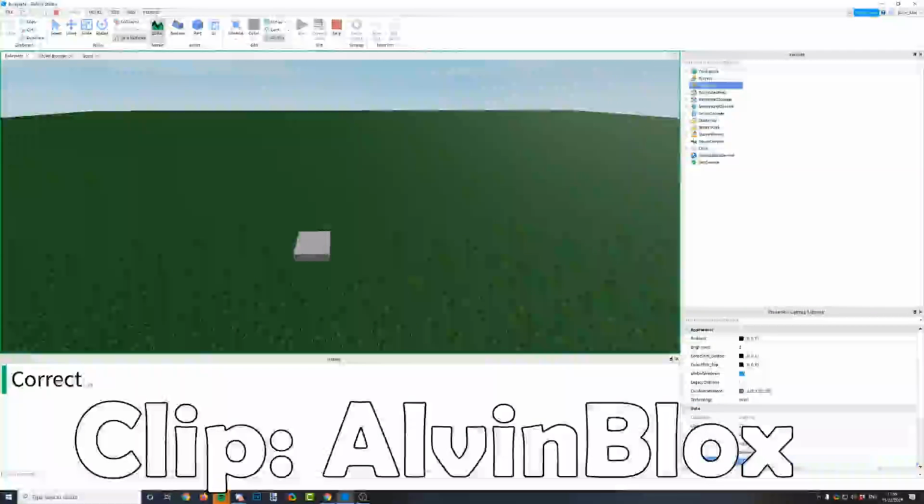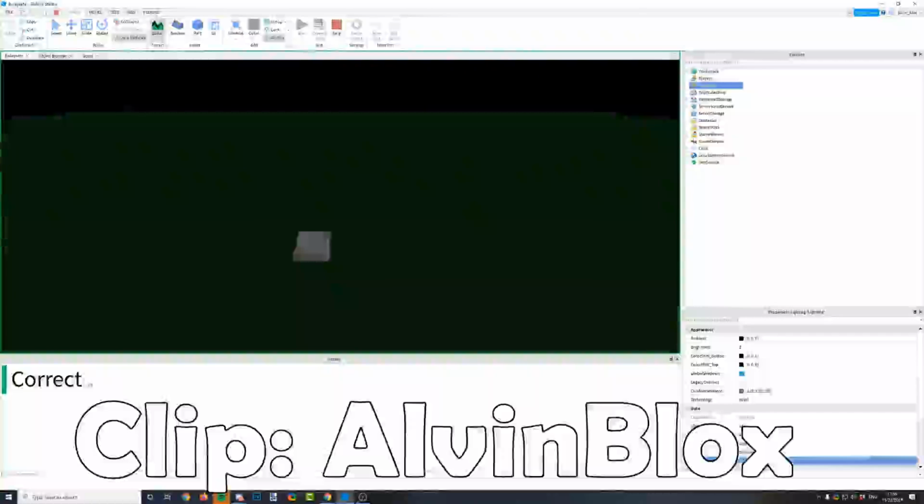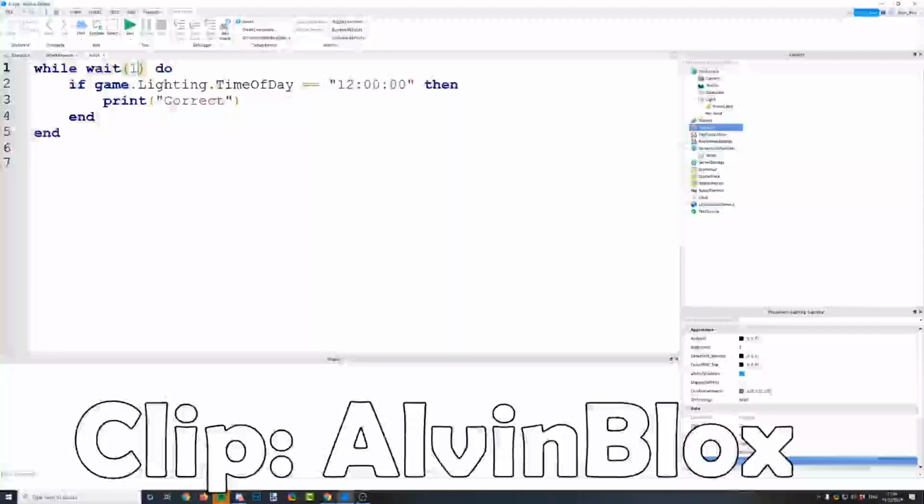But if we change it back to 15 or 14 or 00, you can see it says correct still, but it's not increasing over here where it goes times 7. If we were to clear the output, you see it still wouldn't print the message. So that is what an if statement